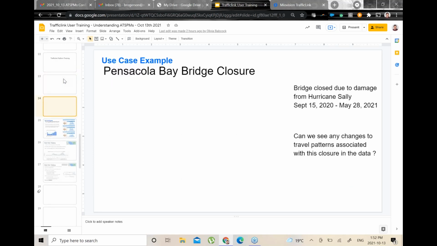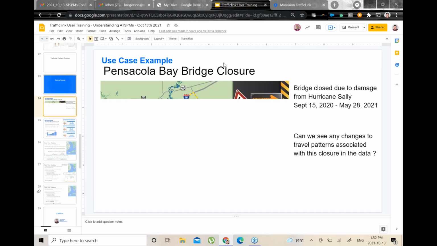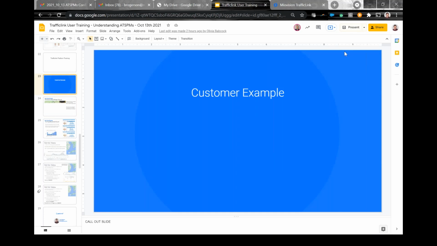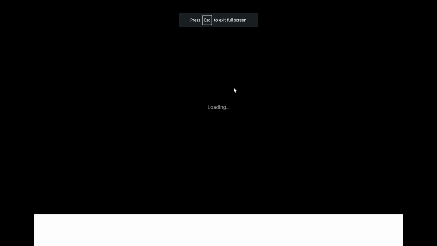So I'm going to talk about a quick customer use case, simply using the travel time and count information. I find this a very powerful story, just from a couple perspectives. Sorry, it's taking so long to load.